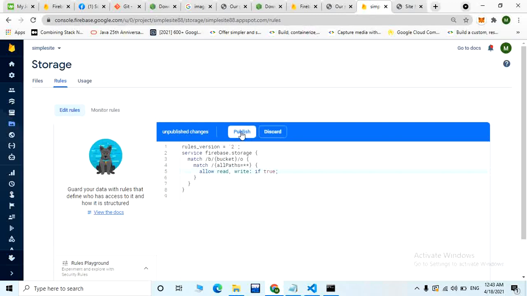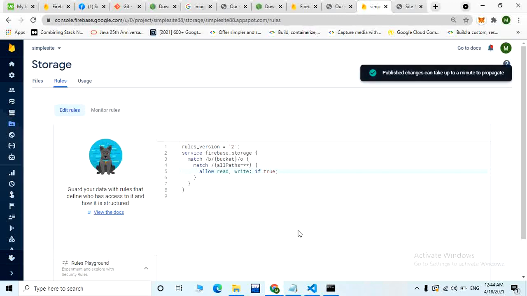Just click on publish, and once the rules are published,